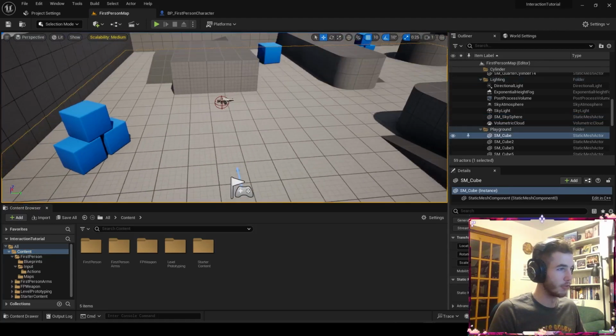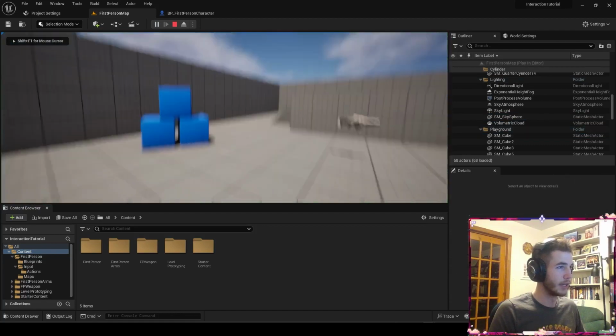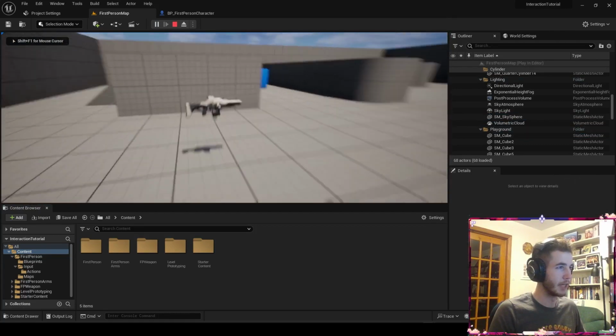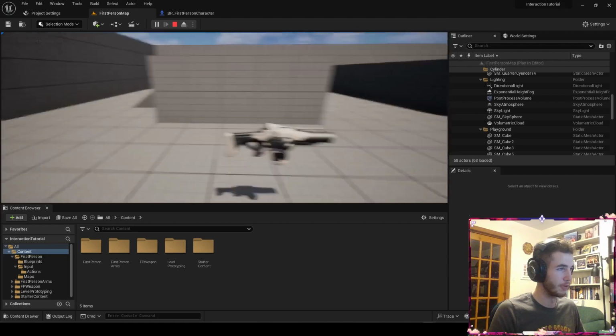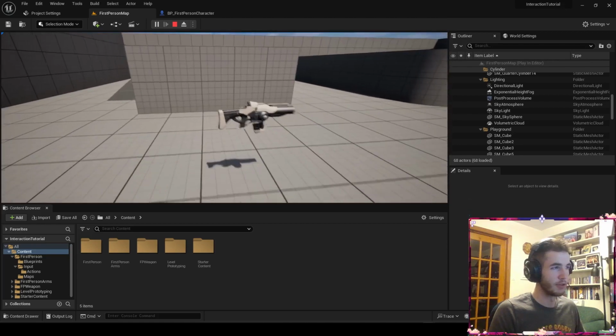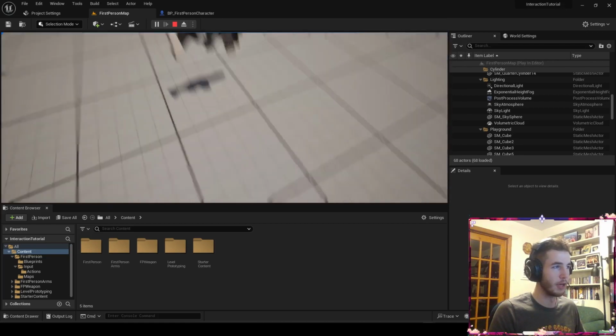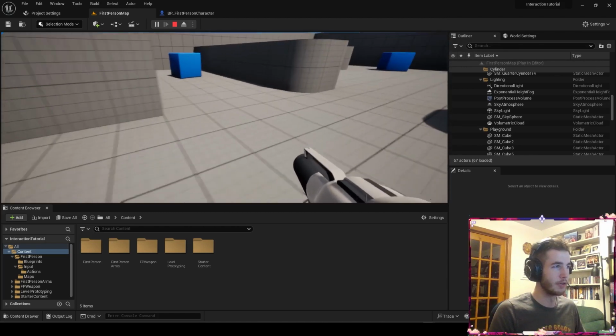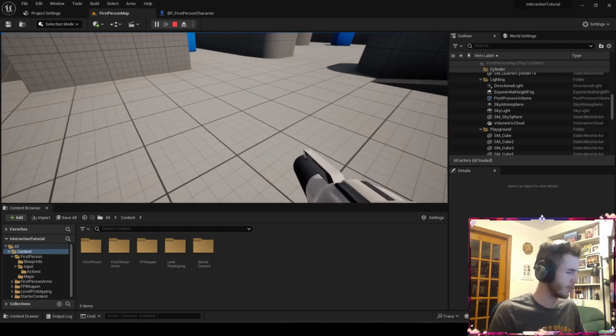Basically, I'm going to make a tutorial today on how to get a cursor on your screen and have that actually be useful. Like, you can hover over this gun, for example, and it would say press E to interact, and you can pick it up that way rather than just walking into it and then, jeez,